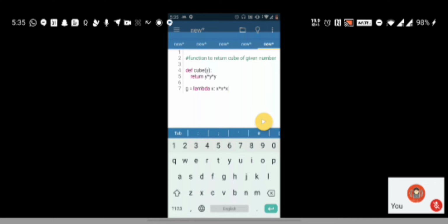Now, in order to use this lambda function, basically this x into x into x, right? By default, a lambda function will return this expression. So you don't have to write return as you have written here: return y into y into y. It's implicit whenever you are defining a lambda function.